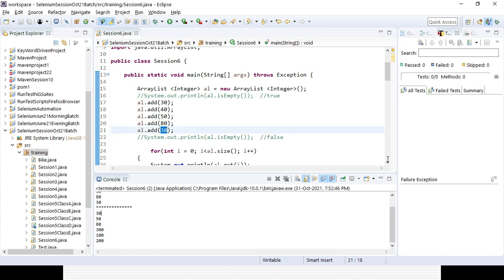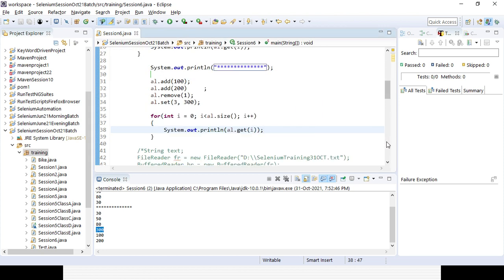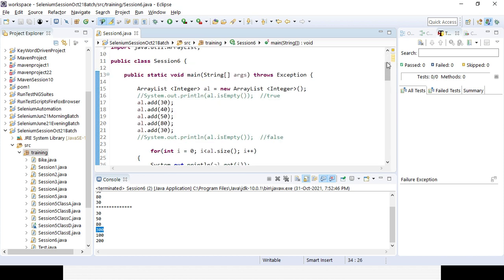So those are the important methods available to deal with the array list. In case you are dealing with double, you need to change the type to double and all the values should be double. In case it is string, all the values should be strings. Suppose you want to add a double value or string value, let's see whether it's allowing or not.